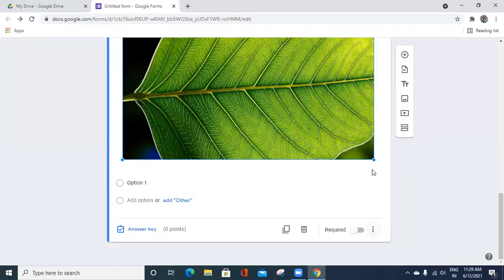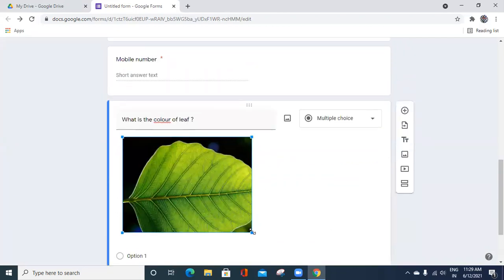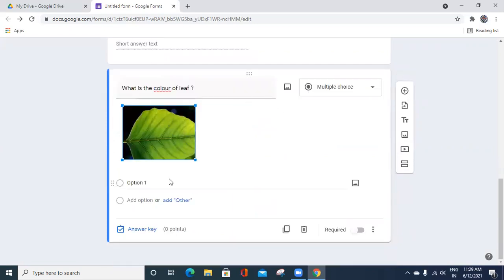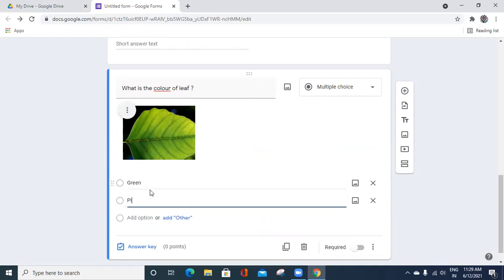Okay, you can minimize this. Keep the size minimum. Then for options you can give green, whatever is green, next pink, next red.